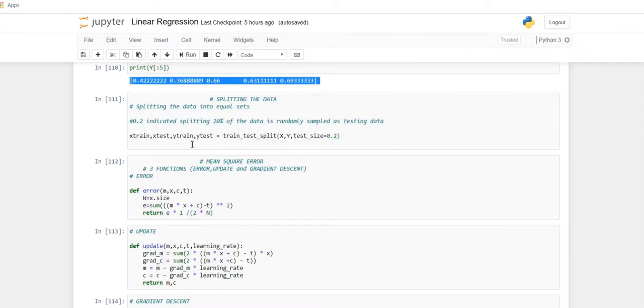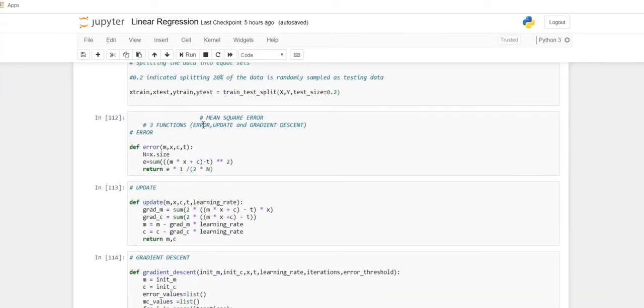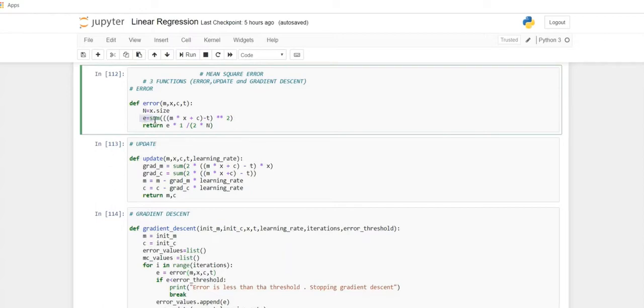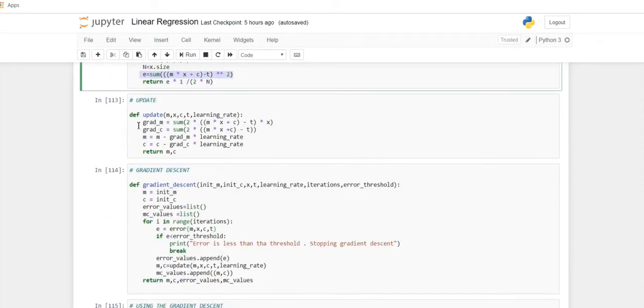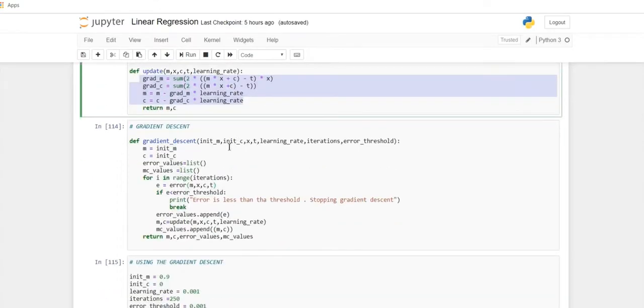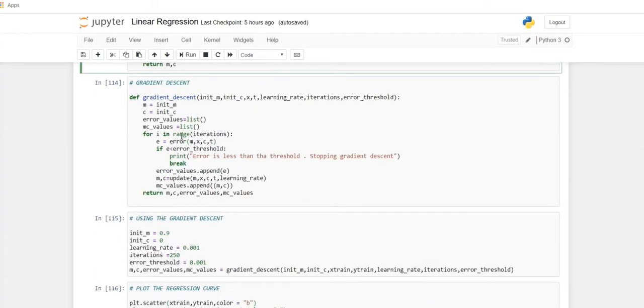And let's come to the mean square error. There are 3 functions. They are error, update, and gradient. This is the error function, and the equation. Every function, update and gradient, these 3 have an equation, and this is the equation. And let's come to the update, and this is an update, and the equation has been performed, and this is the gradient. Here the for loop iterations take place,